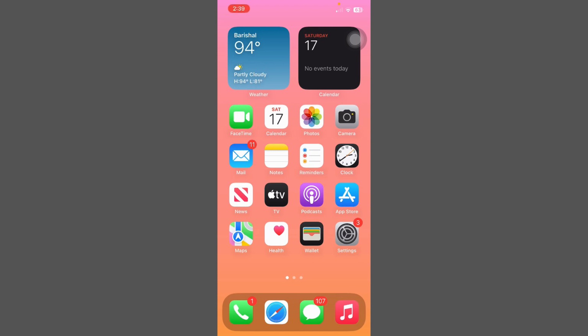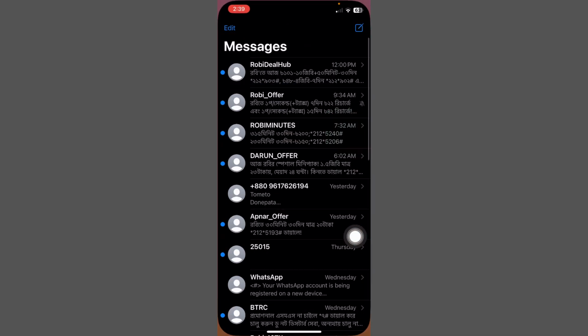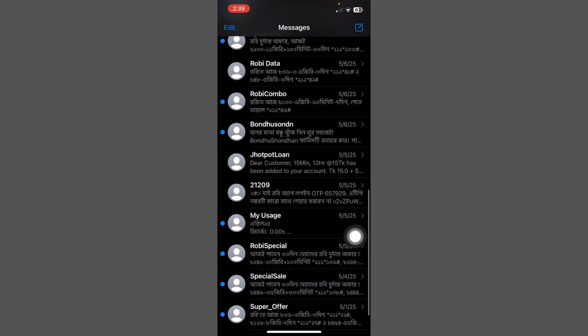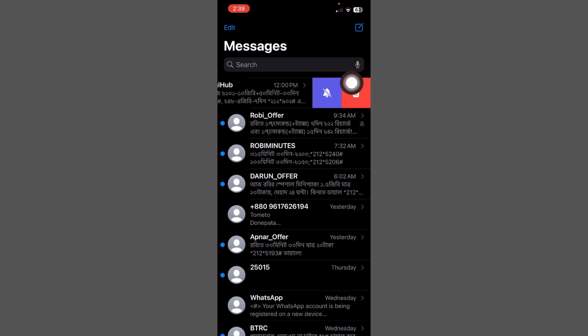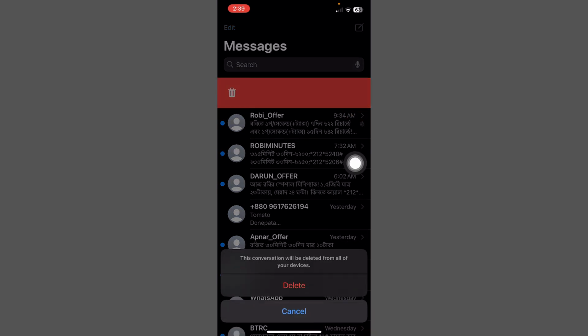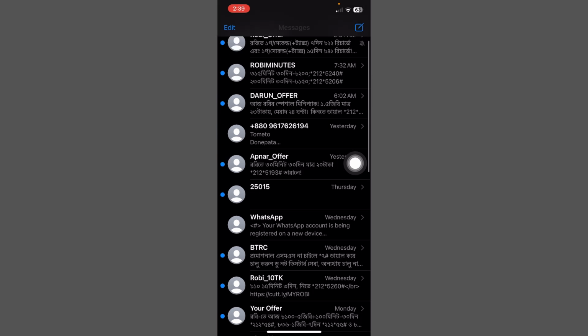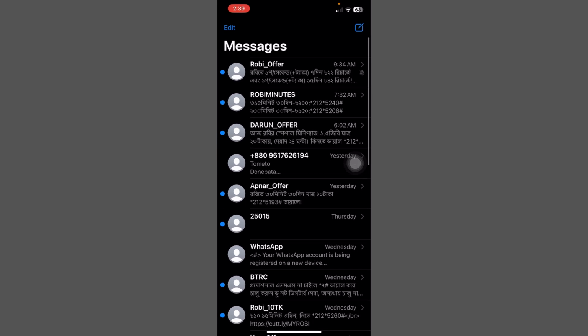Today I am going to show you how to delete all messages on iPhone. Okay, so let's get started. First of all, click on this app. Okay, then it shows all your messages. Just swipe left, click on delete, then delete, and scroll down, choose any